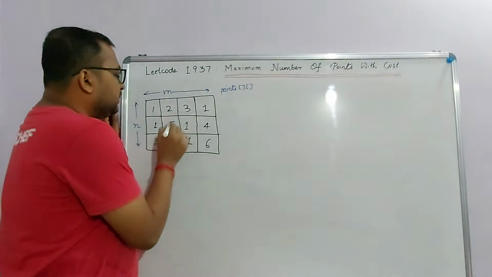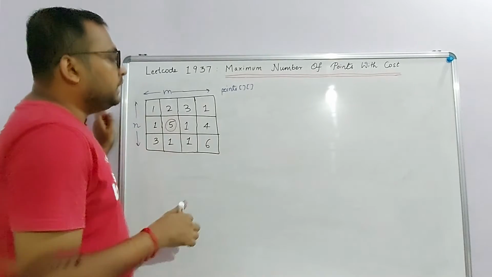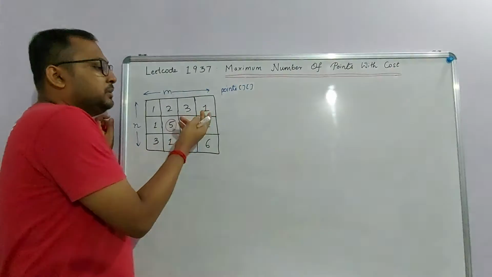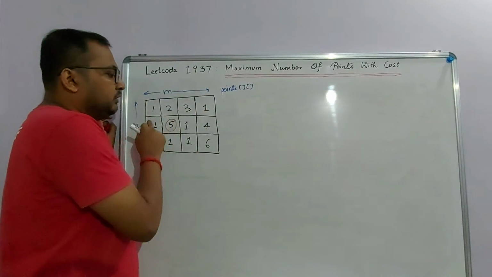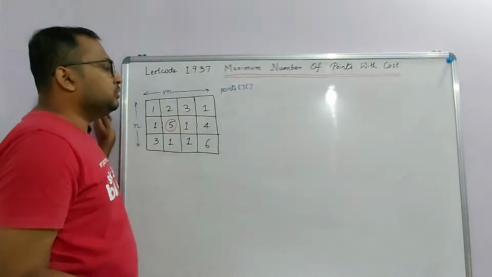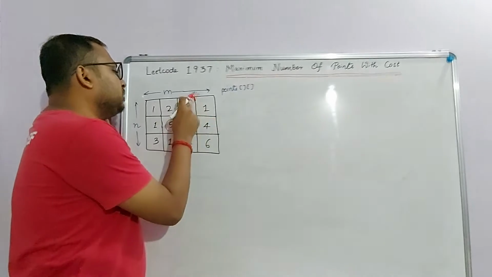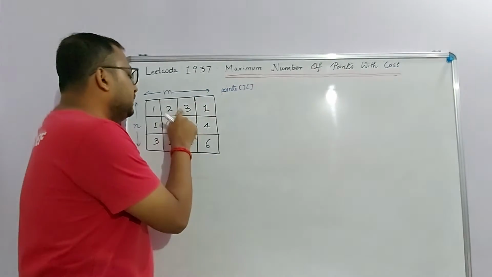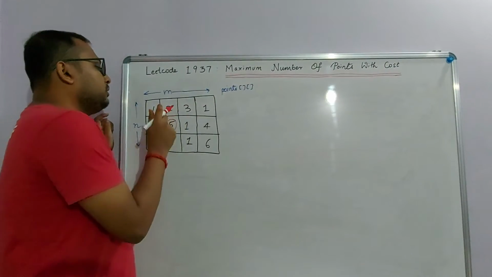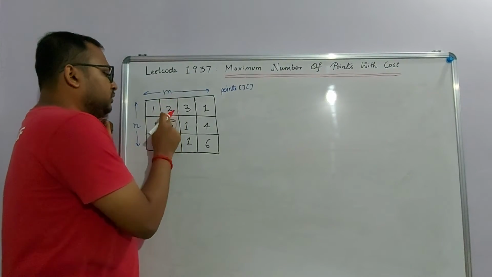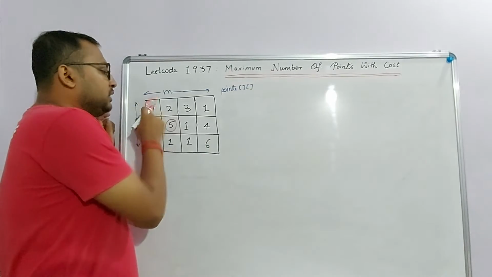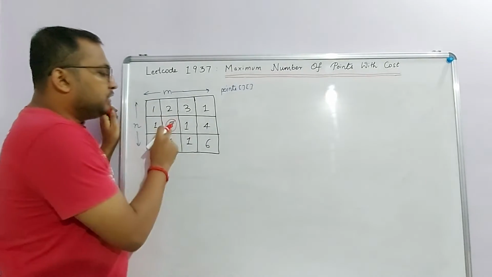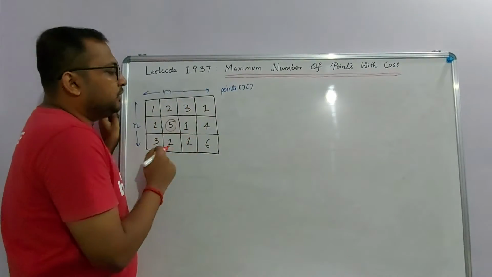So how to reach this particular value? Can I take this 1 and then go and take this 5? Yes, obviously, because in this case I am picking up one value from this row and one value from this row. So that's a possible move. Can I first start with this value 3 and then go to this value 5? Yes, I can do that as well. Also I can start with this value 2 and then go with this 5. Similarly, I can take this 1 and go to this 5 as well. So to reach this 5, I can start with any of the above m states.